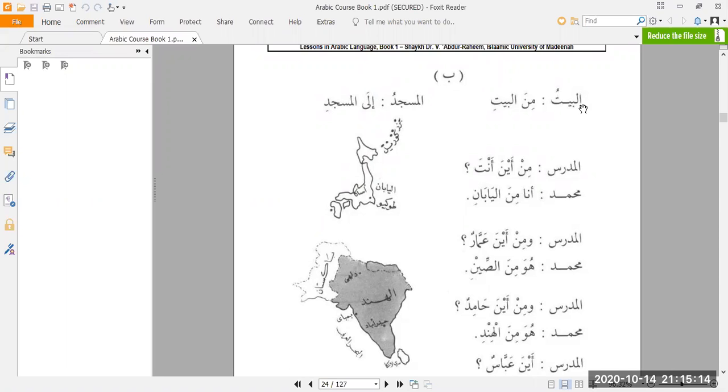It says al-baytu, the house. Min al-bayti, from the house. Min meaning from. So when you have the word min, the noon has a sakin on top of it, as you can see here, min, not mina, min. But when you have min al-bayti,